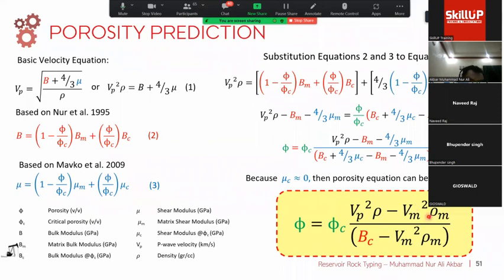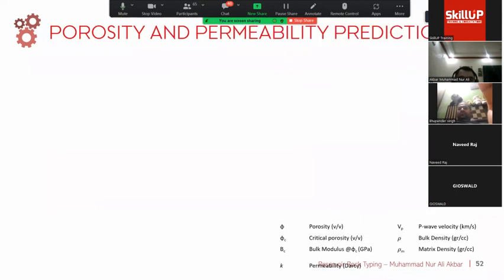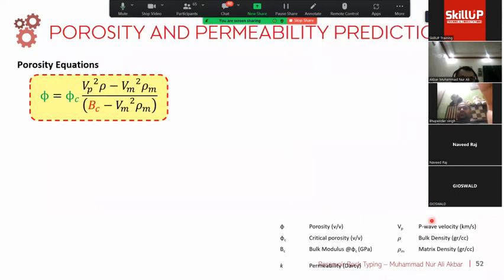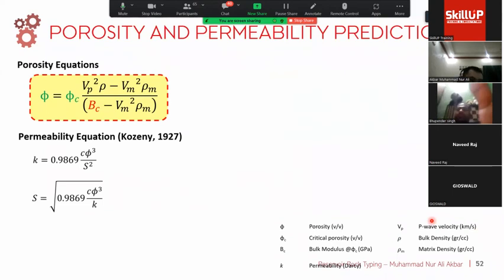Once we know that the porosity has a good prediction with the acoustic impedance, later we can predict not only from the well logs, but also try to connect with the seismic parameters. And from here, we also try to predict the permeability from the PWF velocity,